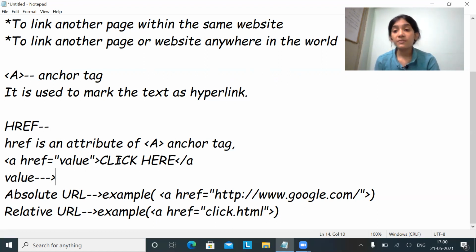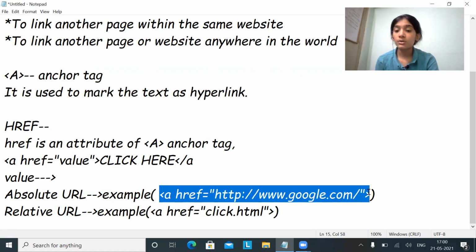What the difference between absolute and relative is, we will see through certain examples. For now, to get an understanding of an absolute URL, you can see the example here: I have written the google.com website. Whenever you click the link, it will take you to a whole new page or website.